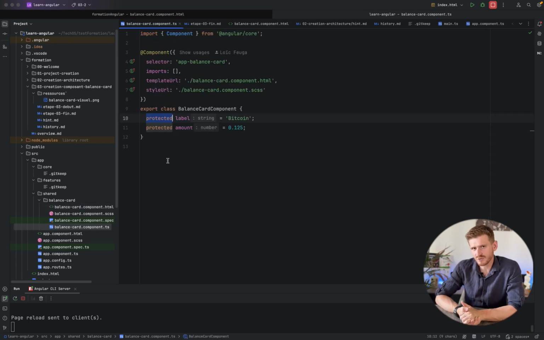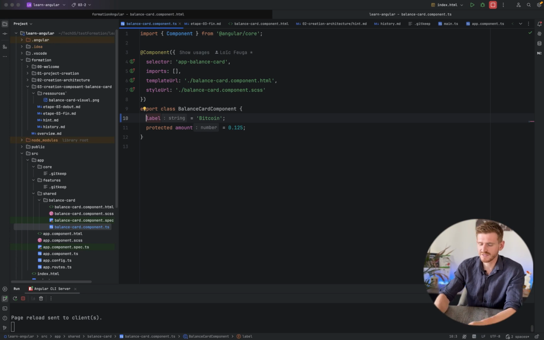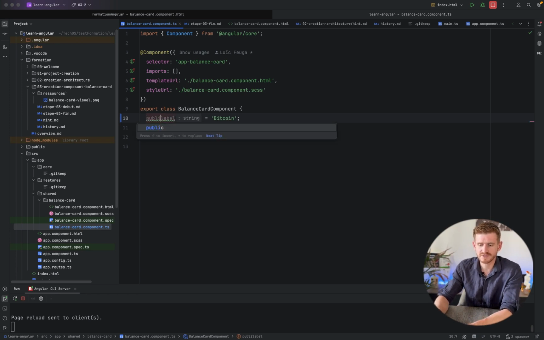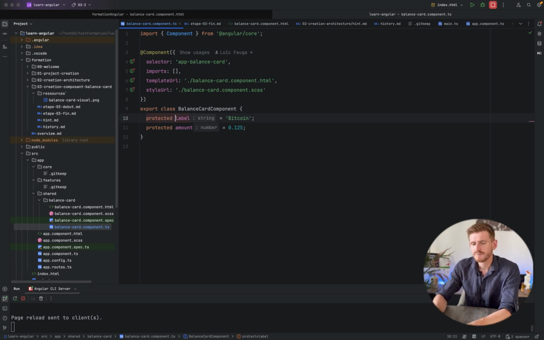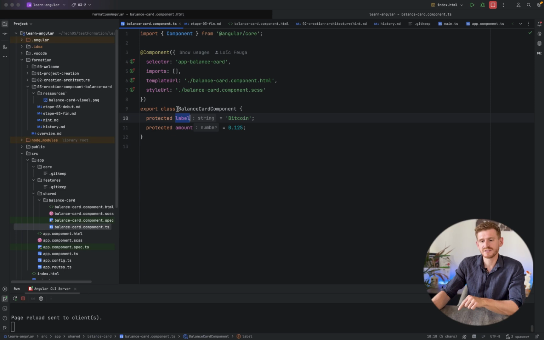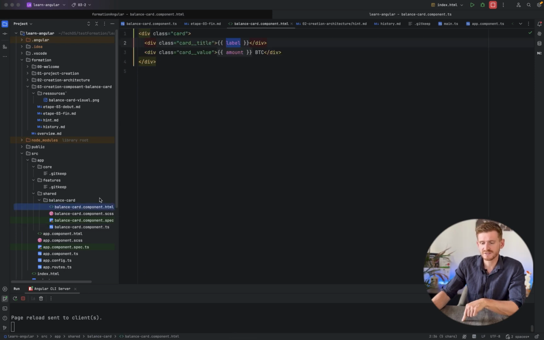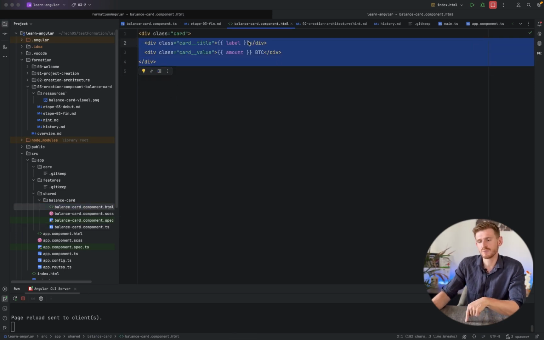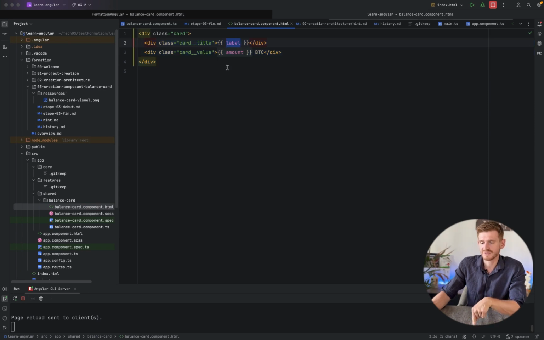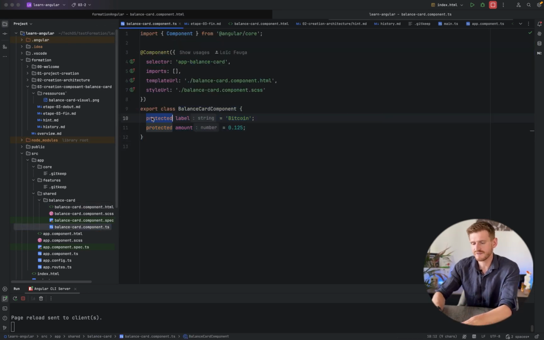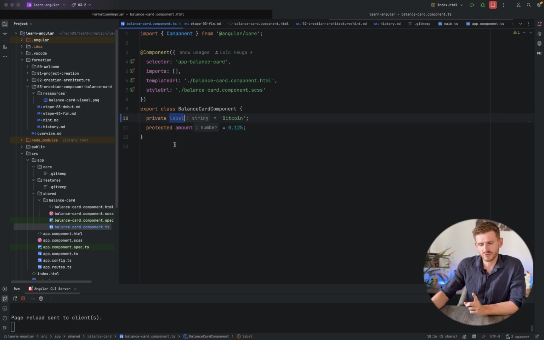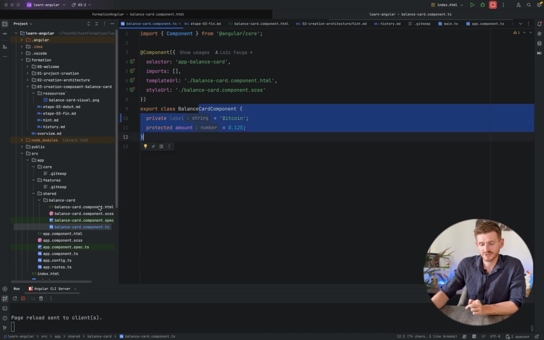We can also see this keyword, which is a variable scope, protected. So there are three of them in Angular. If we don't specify anything, it's considered the same as public. That means the variable is accessible from anywhere, even from outside itself. Protected means this variable is accessible in the TypeScript as well as in the HTML. So most of the time when variables are going to be used in the HTML, we'll set them directly as protected. And finally, private, where those variables are only available within the TypeScript class,